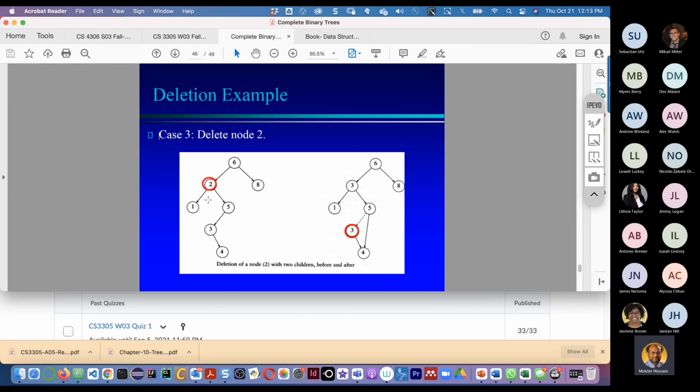So whatever value we need to take from the right, take the lowest value from the right. What is the lowest value from the right? It is 3, right? So 3 will come over here, and then 5 will come over here.